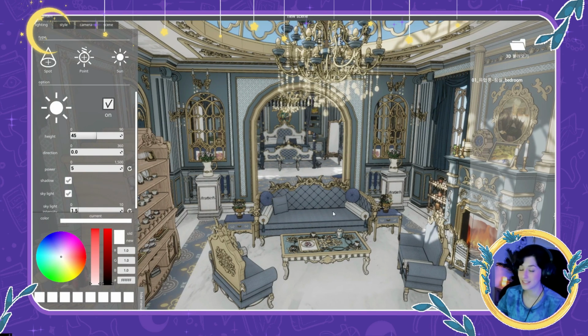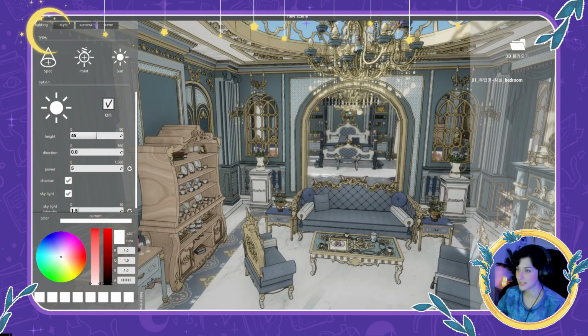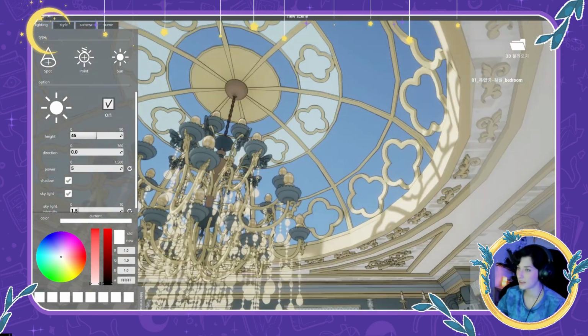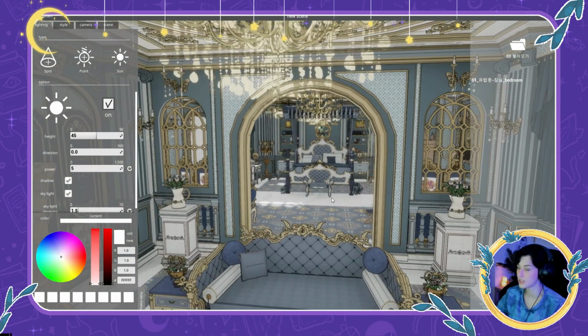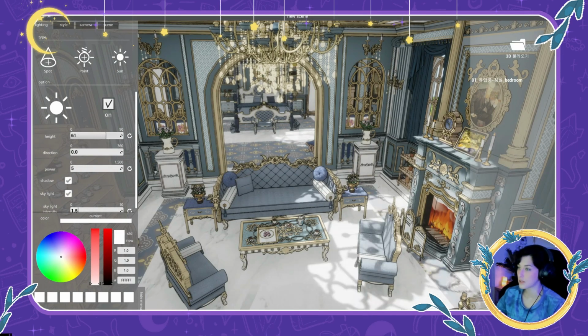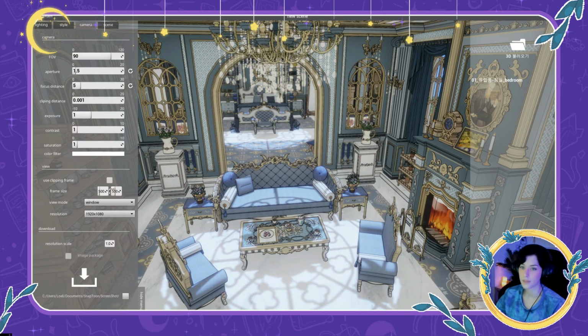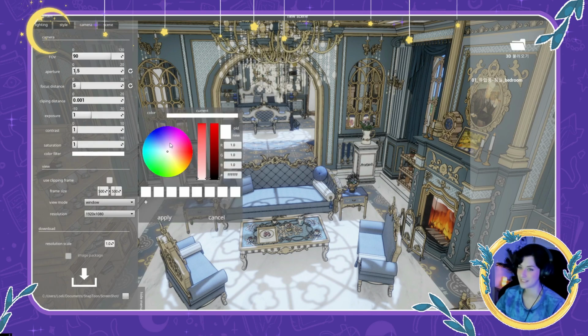So first, this is a SketchUp model. This is at first an SKP file, and now we are here in an engine. First you can play with the sun like this, for example. I'm gonna show you quickly what you can do, and then how to install it, because this is the most important part, I guess. You can change the sun color. I'm gonna make it blue, something that I like to make, so night mood.